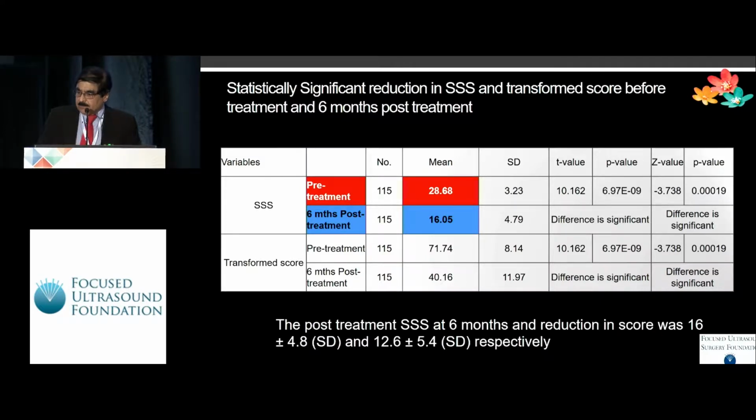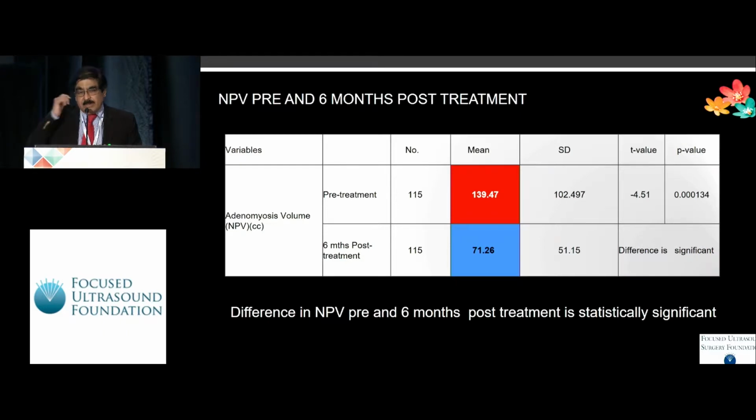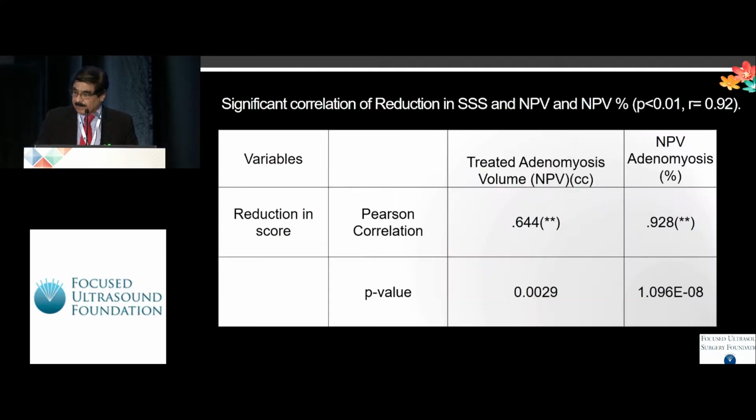When we compared the SSS and transformed score before and after treatment, there was a significant decrease in the SSS, which fell from 28 to 16, and the transformed score, which fell from 71 to 40 at the end of 6 months. So, looking at the results, there was a significant reduction in SSS in 74% of the patients overall. When we calculated the NPV, pre and 6 months post-treatment, the mean NPV fell from 139 to 71 at the end of 6 months. And there was a significant reduction in the SSS and NPV